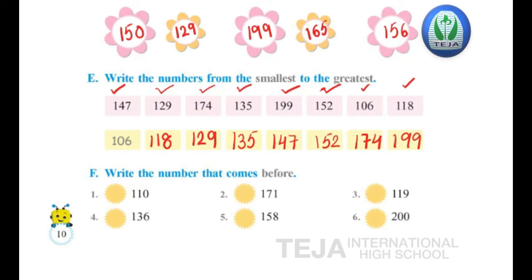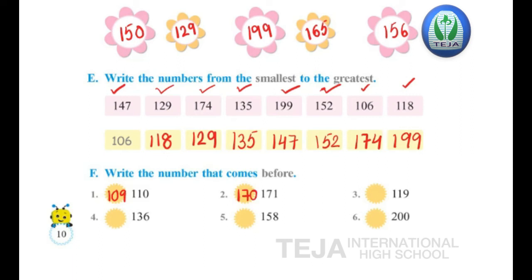Next, bit F. Write the number that comes before. You have to write the before numbers. Here, the first one is 110. Before 110, which number do we write, children? Come on, tell the answer, children. Which number do we write? 109. Second question. Before 171, what do you write? You will write